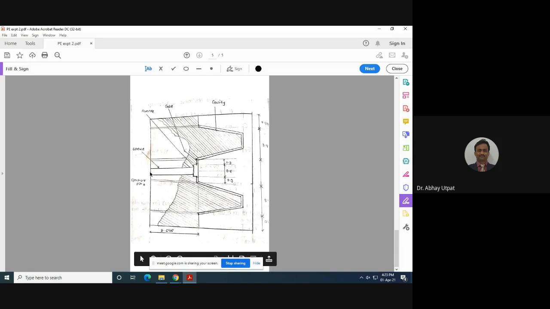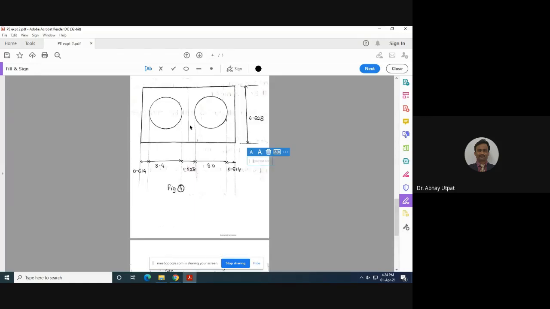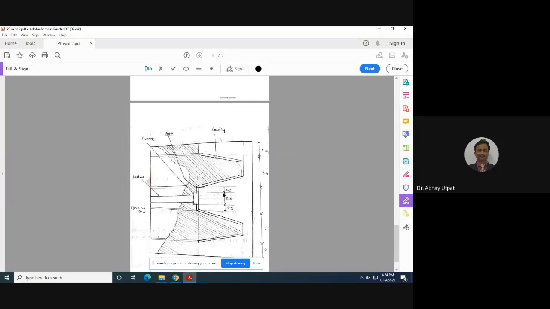And from here, where I put my cursor, the nozzle is attached. Plastic material will enter from here. It will go in the runner, then the gate, and it will be filled here. Are you getting my point? So this is the last step of mold design. This final drawing you have to give to the manufacturer on machining centers. These all dimensions, top view, front view, and then accordingly the mold will be manufactured.